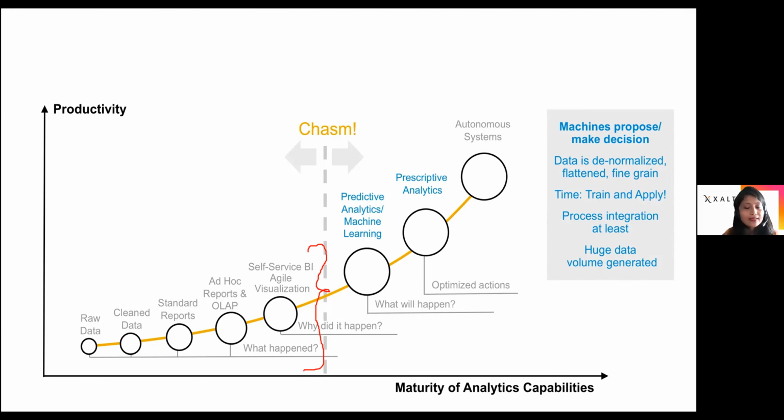Maturity of analytics capability took us to the next stage. Analytics matured a little more, and then we were also able to predict what is going to happen in the future. And that is where predictive analytics comes into the picture. And then analytics has matured enough today to actually recommend certain things and optimize our decisions. We can decide on what is the best that can happen, and that is known as prescriptive analytics.